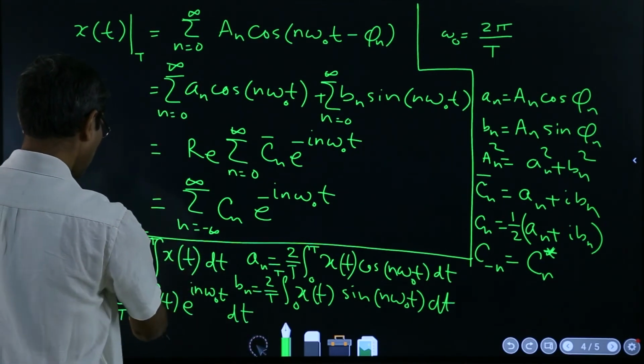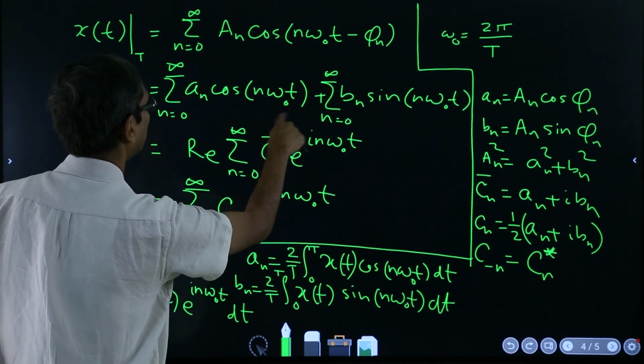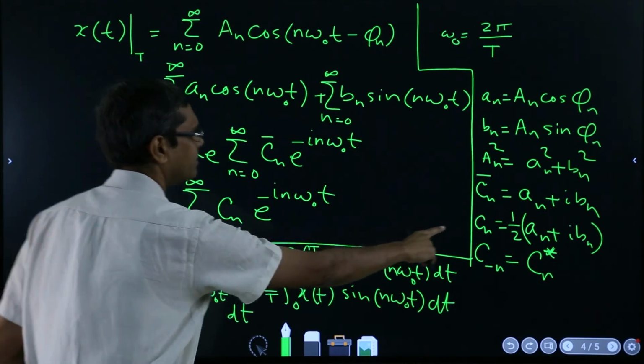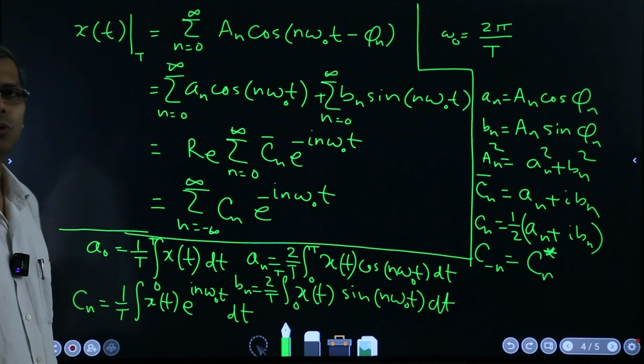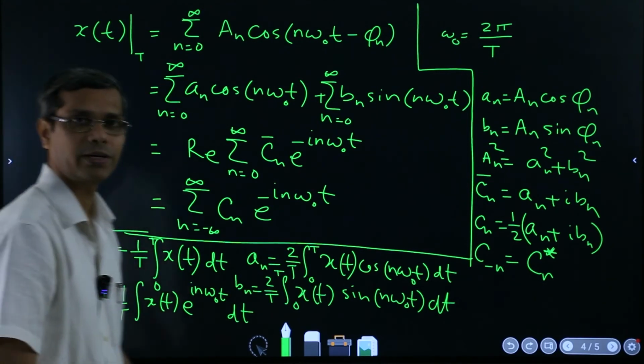So this will be x(t) cos n omega t plus i sin n omega t. Yeah, so half has been cancelled here from 2, so that should be fine. So this is the whole thing which you should always keep in mind,